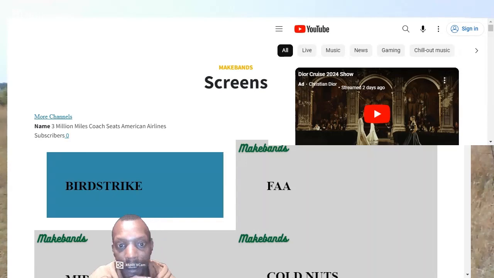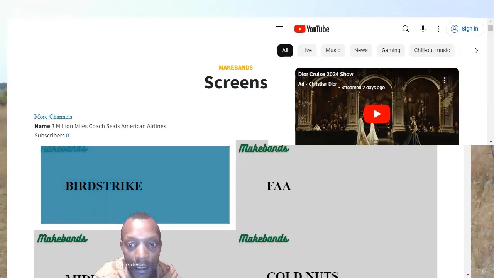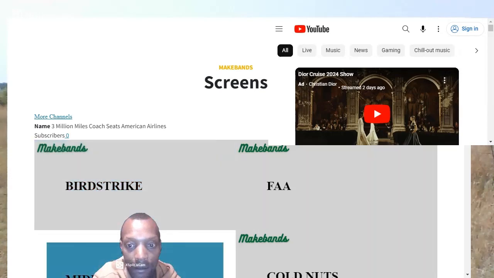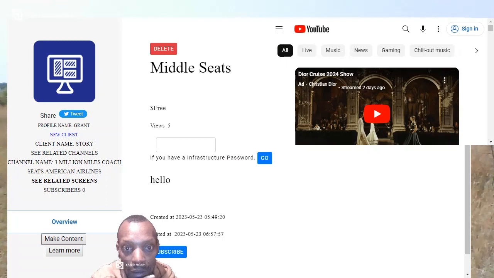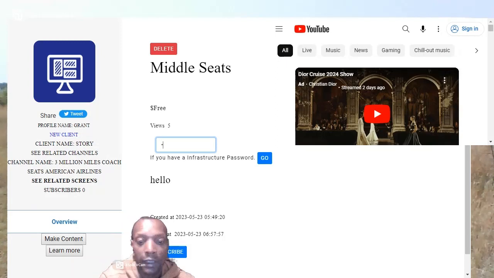Now, let's see. No code. No code is hidden. So if we added something to no code, let's see if it shows up when we enter the password.